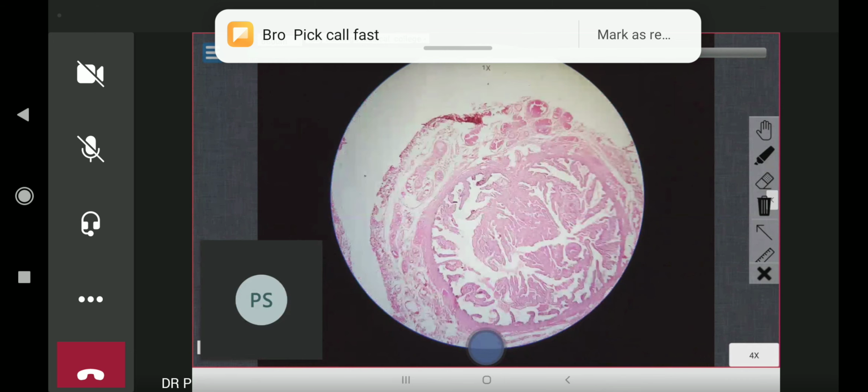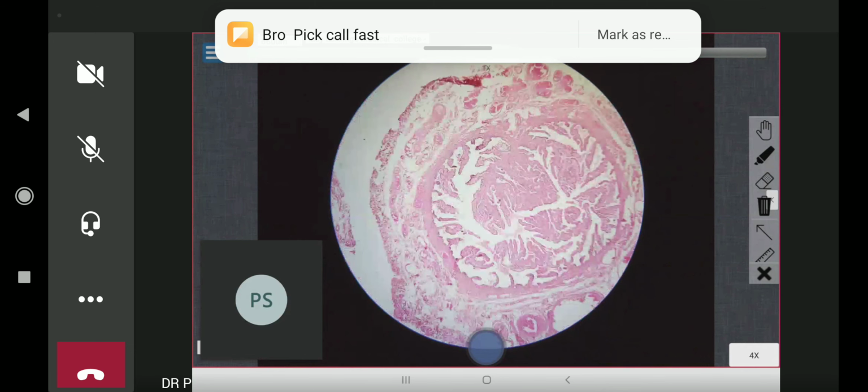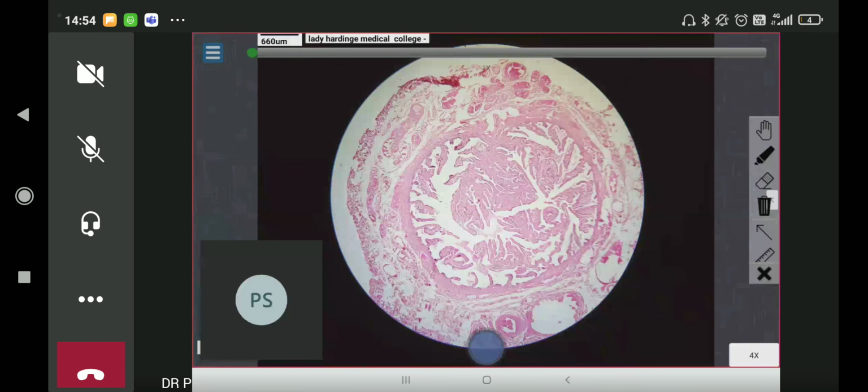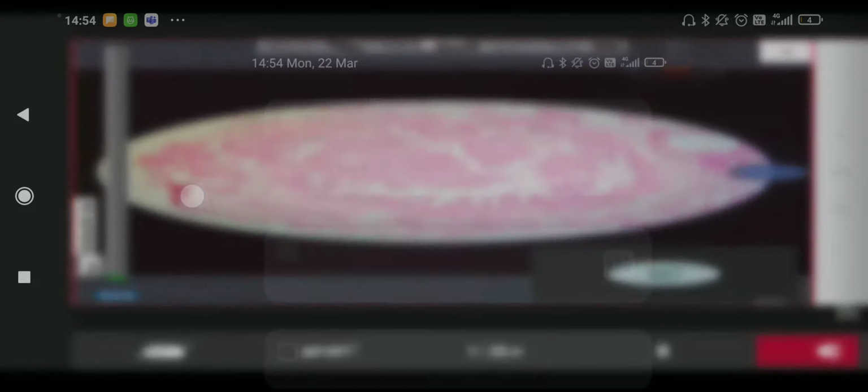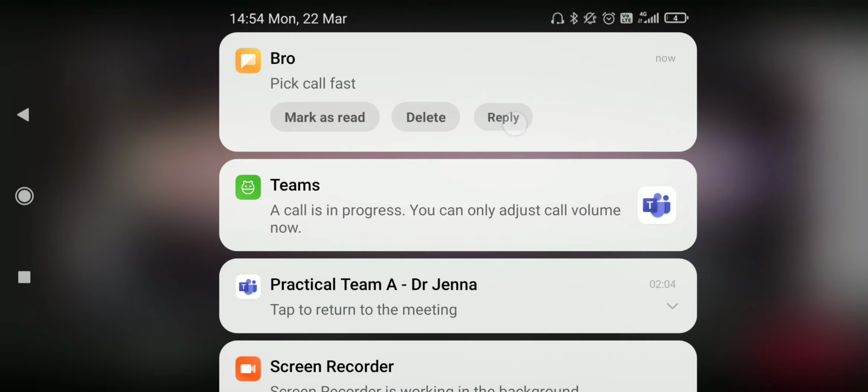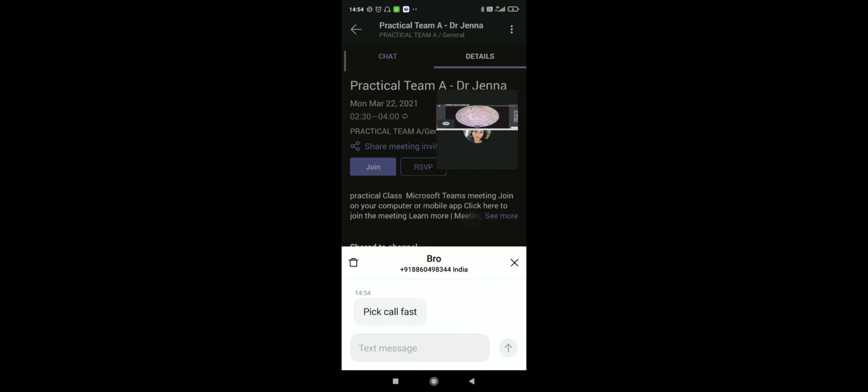Ma'am, how do we appreciate the marked congestion of the vessels? See, these round ones, normally a blood vessel in a fallopian tube should be this big. They are very small. And look at this one. Look at the size. It has dilated. When I taught you the pathogenesis of acute inflammation, what did I